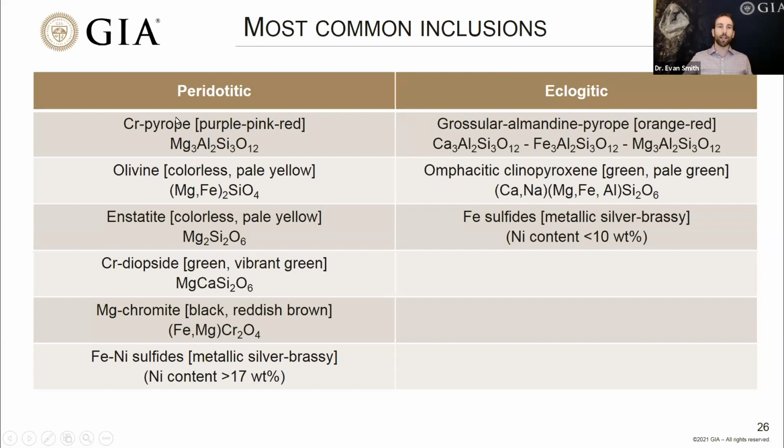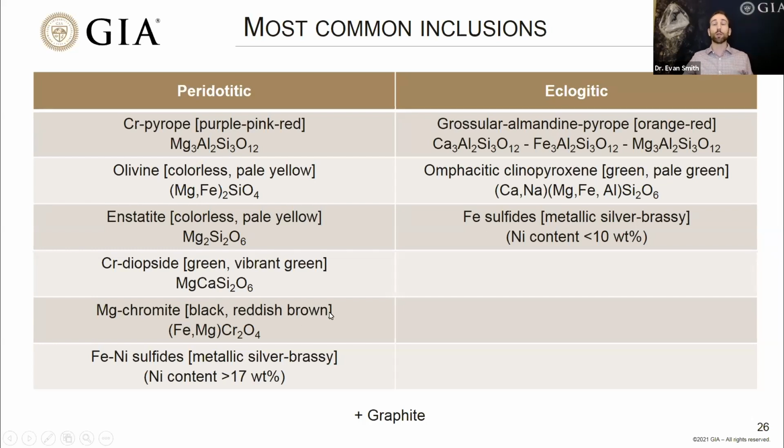So you can see we've got that garnet that I showed you earlier. There was this purplish, pinkish, reddish color. That's a chrome-rich pyrope from a peridotitic host rock. So there are a whole bunch of different things here, but it's a manageable size list. There's only about 9 or 10 different things you need to really worry about. And if you observe an inclusion in a diamond under the microscope, sometimes you can guess what kind of mineral it is by referring to this sort of shorthand list of the most common things that we observe.